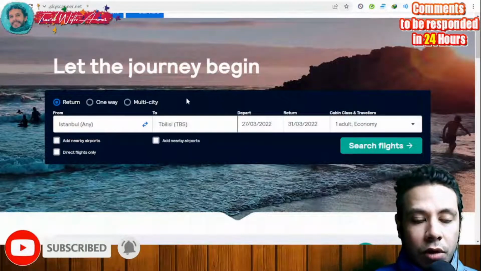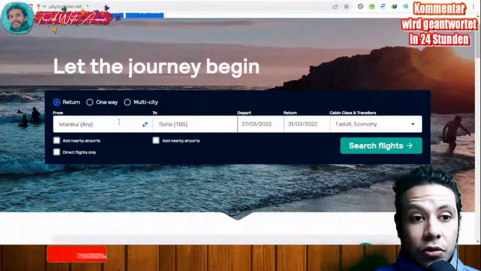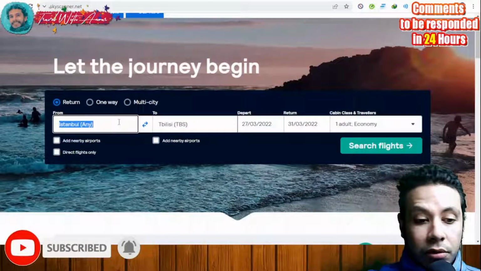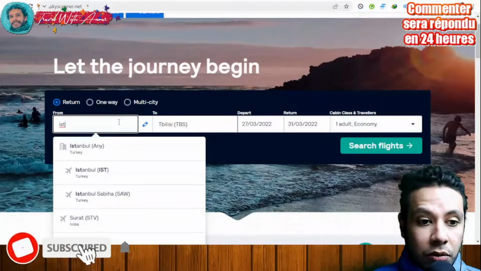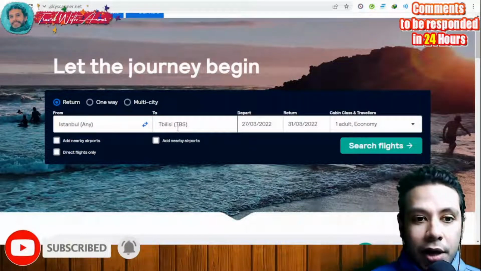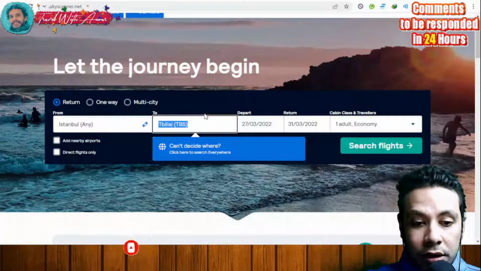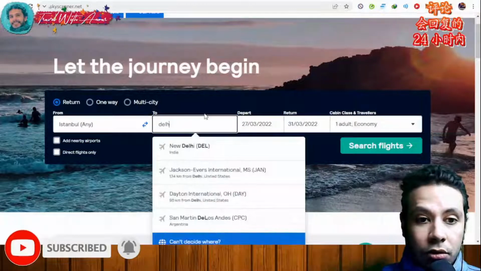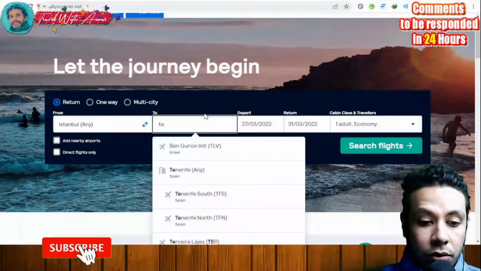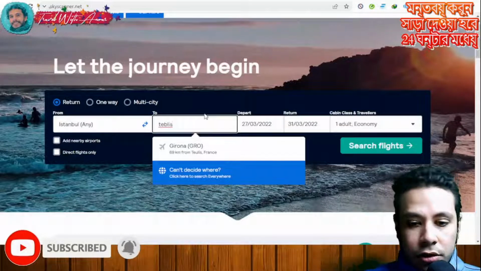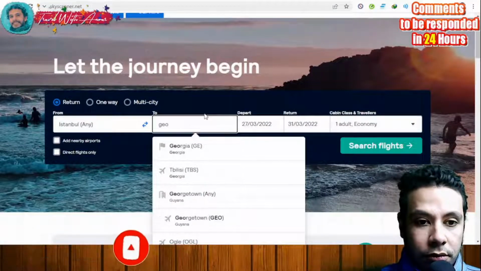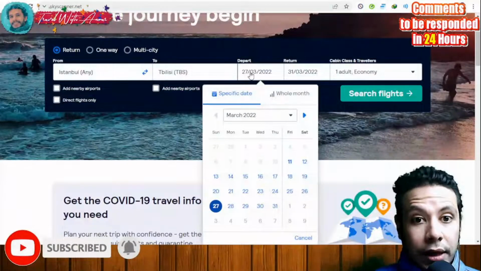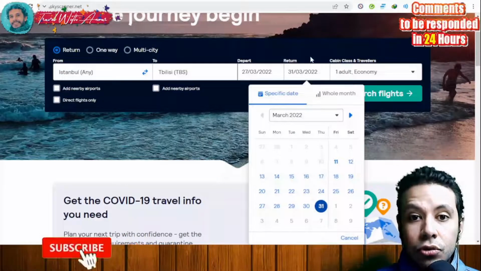But let's just assume you're moving from only one city to another and you want to have a return flight, going and returning back. So assuming you are going from Istanbul, of course you can choose whatever you want, whether it's Istanbul or another airport. And for your destination, where are you going? You're going to Delhi, or you're going to Tbilisi, Georgia, whatever. Tbilisi. And here you will have to choose your departure date, and here you'll have to choose your return date,